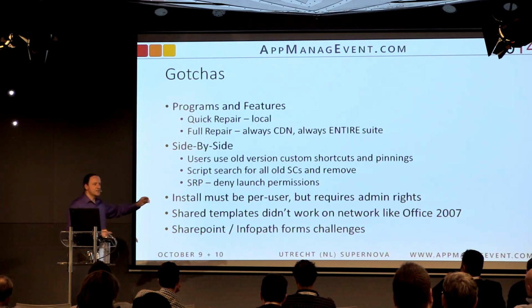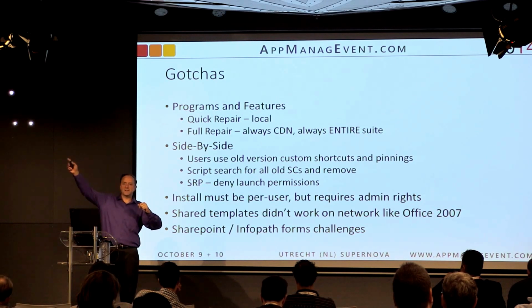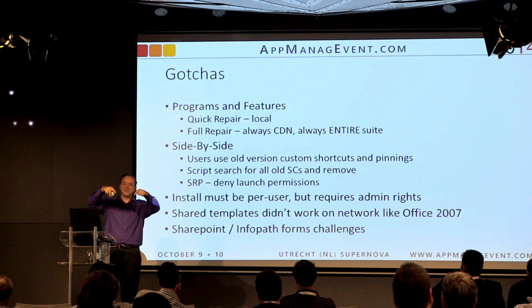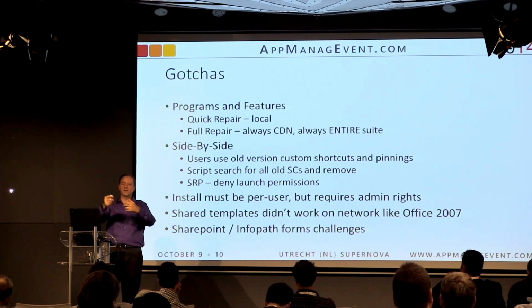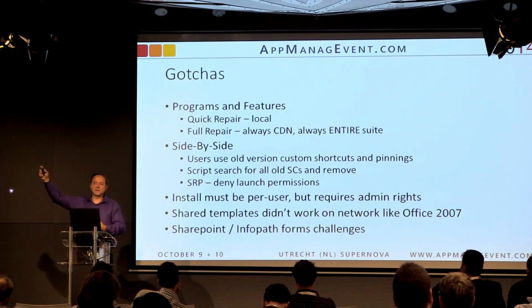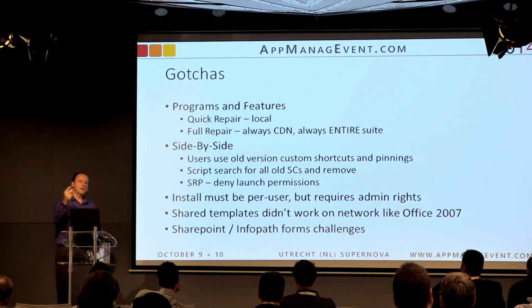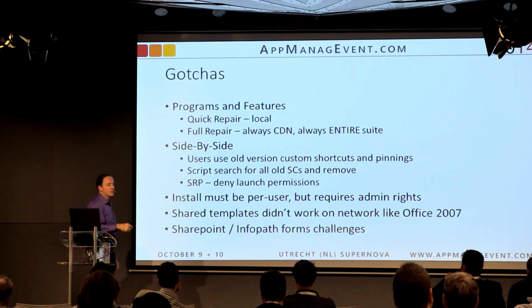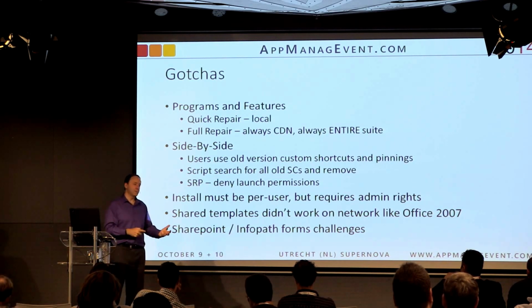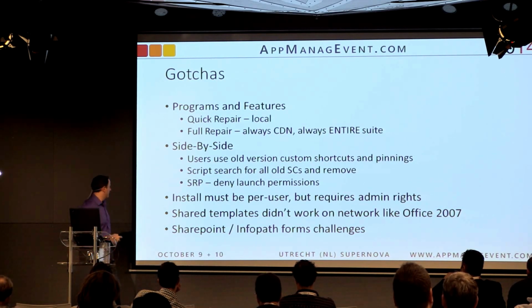For us, we had shared templates for Office 2007 on the network. All you had to do in Office 2007 was register and say there's more templates out here on the network. And in the template browsing UI, it worked perfect. They looked like they were local files. And the people who maintain those files could just update them on the network. With 2013, we found we had to copy the templates local. So we did that during the install. And now if we have to update them, we'll have to do a deployment to update them.